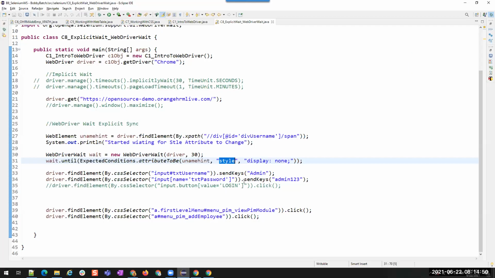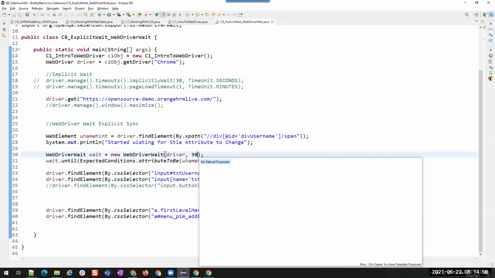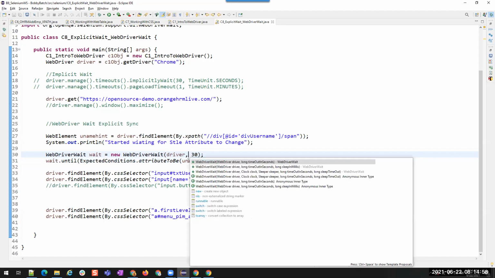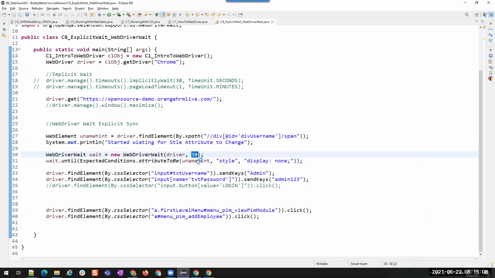All right. So Nikhil, that 30 is for 30 seconds? Yes, this is a default of 30 seconds. You see WebDriver by default is asking for timeout in seconds. Oh, okay. So 30 seconds is the default. So we can still change it to 60 seconds like that. It is your wish. You can make it 1 second, 60 seconds, or 180 seconds. It's up to you.